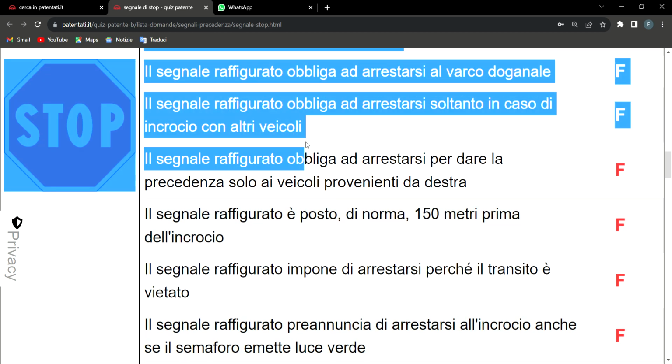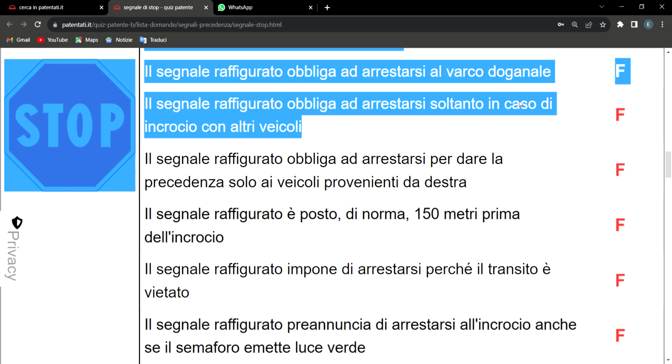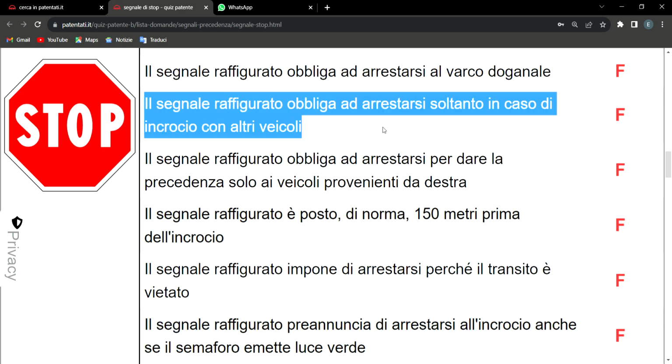And again, this very one says, il segnale raffigurato obbliga a arrestarsi soltanto in caso di incrocio con altri veicoli. This one is simply saying that this very sign referred to here makes it obligatory for you to stop. Soltanto simply means only, in some cases of a junction, whenever you are with other vehicles. So this one is saying that you have to stop only in some cases when there are other vehicles, and it's false. So when you are in a junction that has this very sign, whether there are vehicles coming from your back, coming from the opposite side, whether there are vehicles or no vehicle, all you have to do